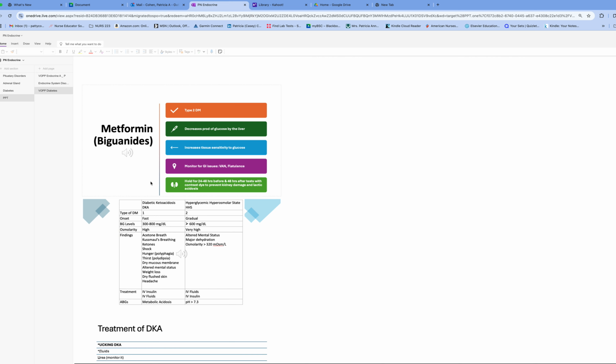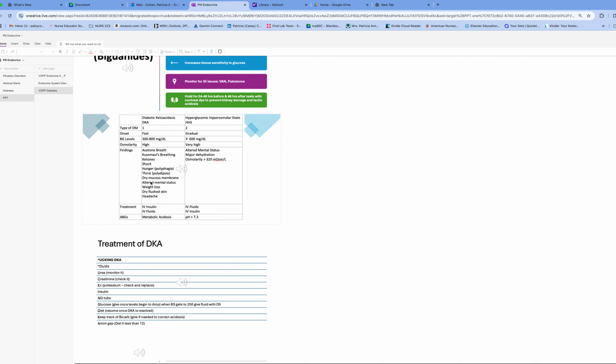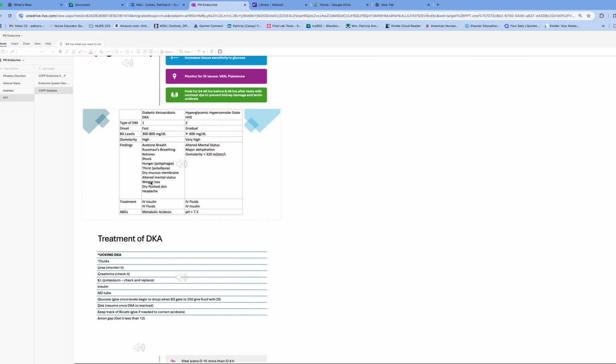You're going to need to know the difference between DKA and HHS, okay? The type of diabetes for DKA is type 1; type 1 diabetics usually get DKA. The onset is fast, usually triggered by some type of stress like an infection. The blood glucose is going to be 300 to 800. The osmolarity is going to be high, but in HHS it's even higher. The blood sugar is even higher, and so is the osmolarity of the body. What that means is that they're very dry. They have